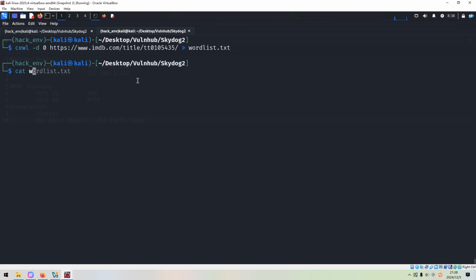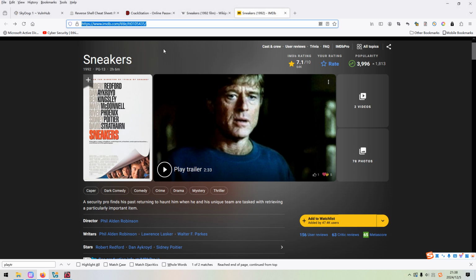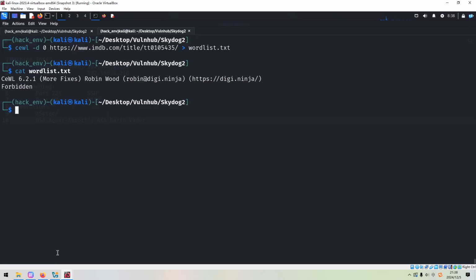However, it's done. Nothing returned or nothing created from the page. I guess this page or this site has some sort of control which will prevent the robots to access or to crawl. So I think we need to cheat the web application by manipulating the user agent.